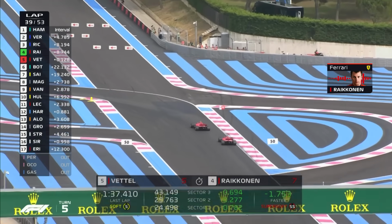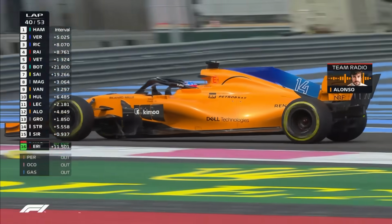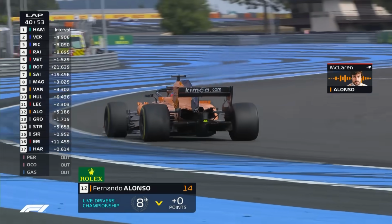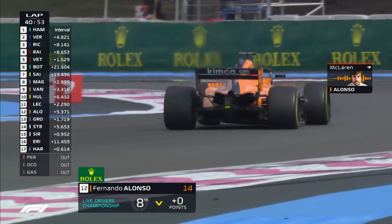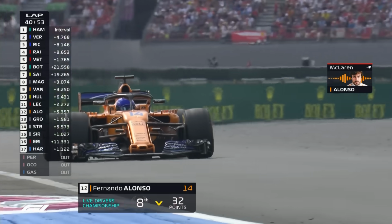Kimi, Ricciardo may have a problem in front of you, so keep on pushing. No tires. We are out of the points. I mean, we try to do whatever, but I don't care too much about